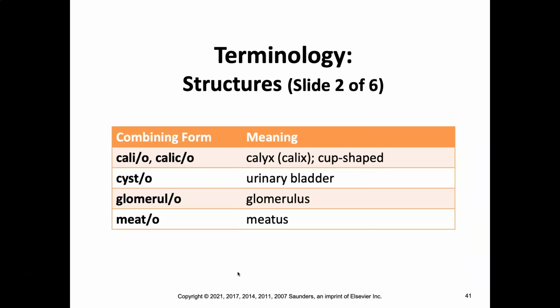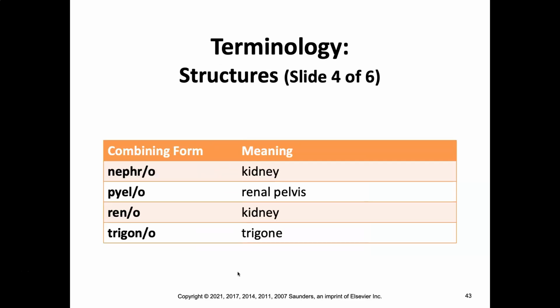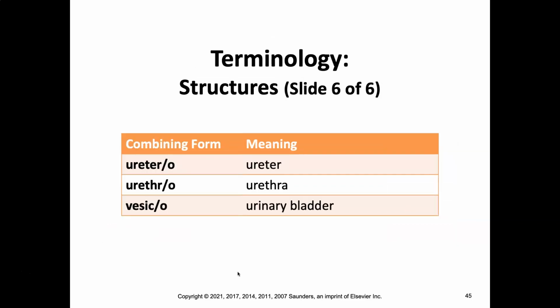Okay, some combining forms. Remember our equation. A root plus a combining vowel equals a combining form. So you have calio and calico. Sort of like a calico cat, if you want to say it. Cysto, glomerulo, meato, nephro, hyalo, reno. Trigono. Uretero, urethro, vesico,